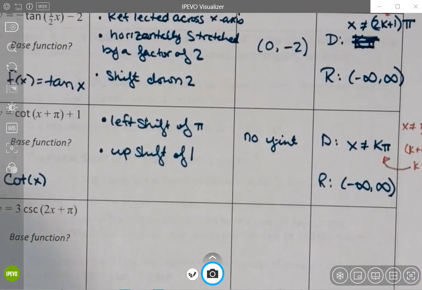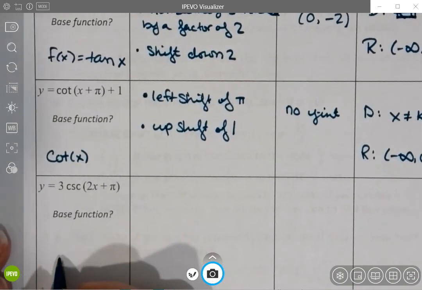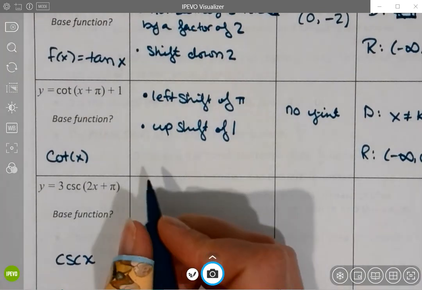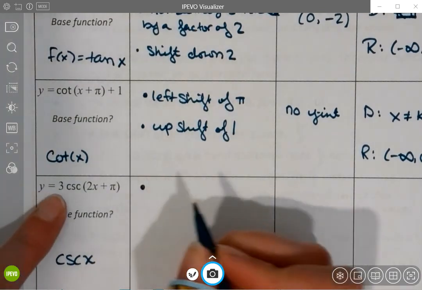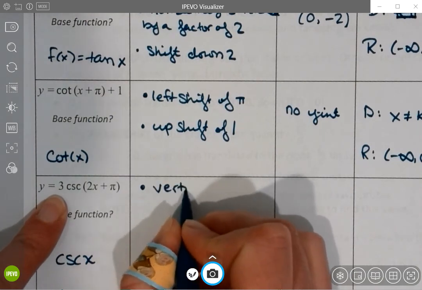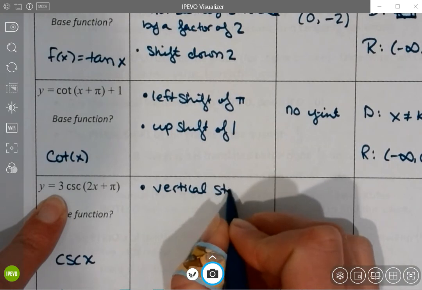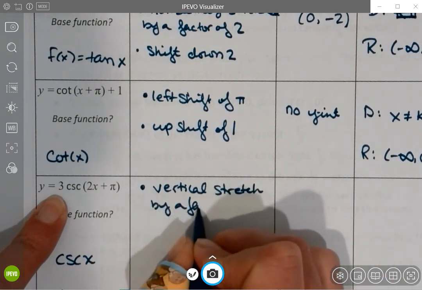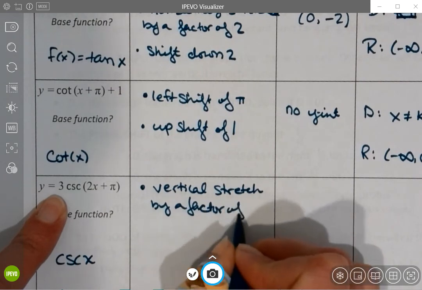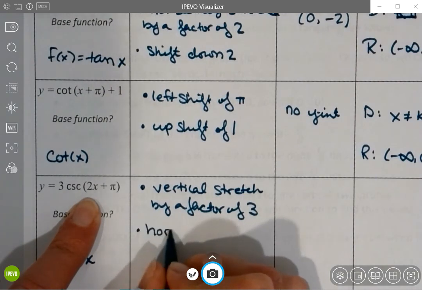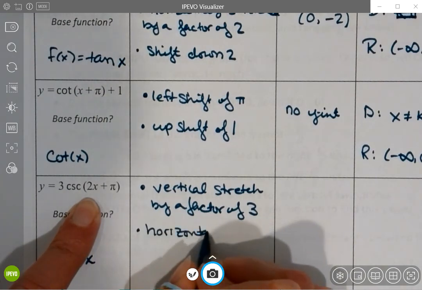Okay, on to our next one. We're looking at a base function here of cosecant of x, and it looks like I see 3 transformations. The 3 here is going to be a vertical stretch by a factor of 3. Then this 2 is going to be a horizontal shrink